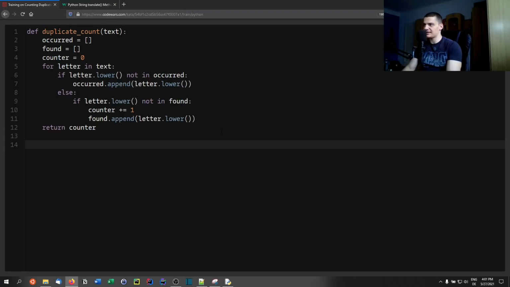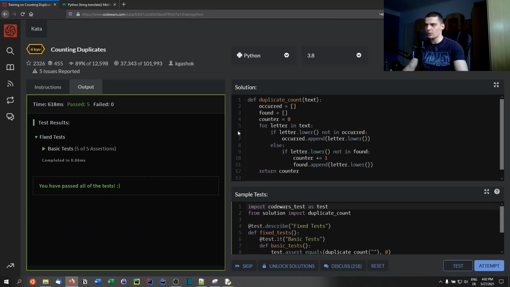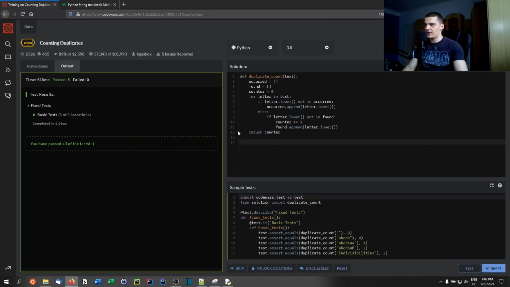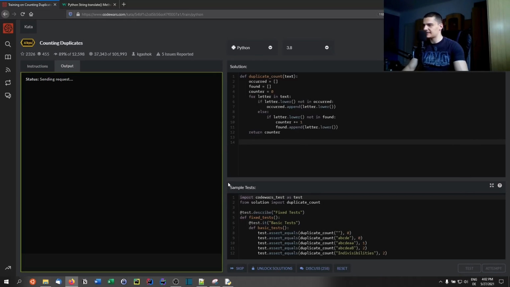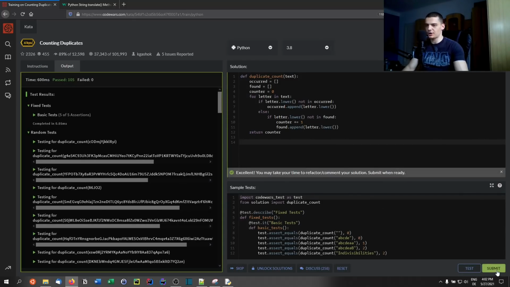So I don't think that this is going to change. At the same time, you cannot just look at them and say, okay, it occurred more than once. Or actually, we are doing that. If it occurs more than once, we're counting up, but only one time. So I think actually the solution is not too bad. I think I'm going to submit it, and we're going to then look at the other solutions. Maybe I'm going to feel stupid, but let's see. Maybe the other solutions are not too